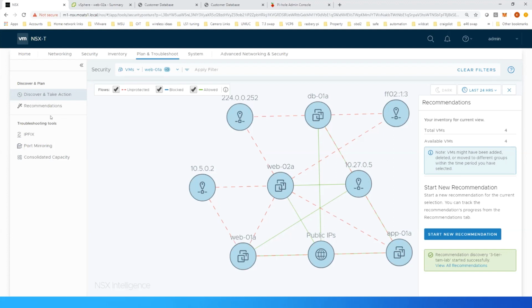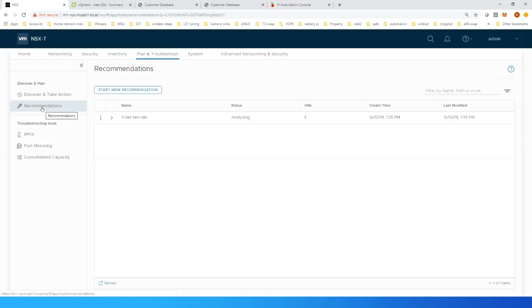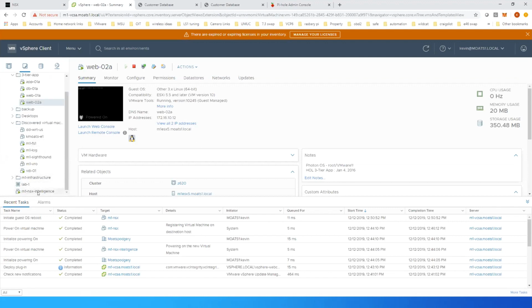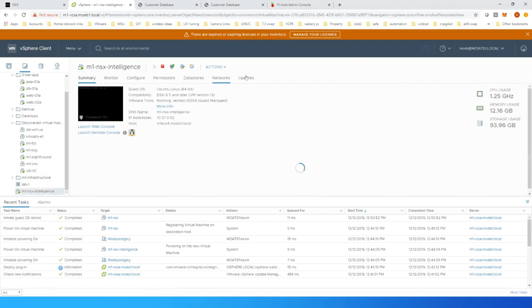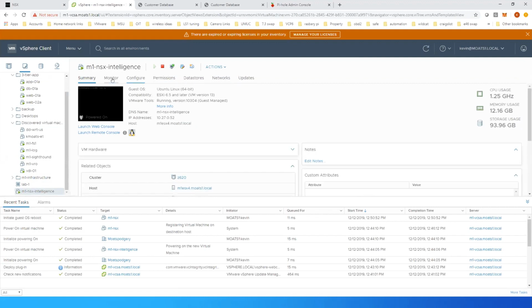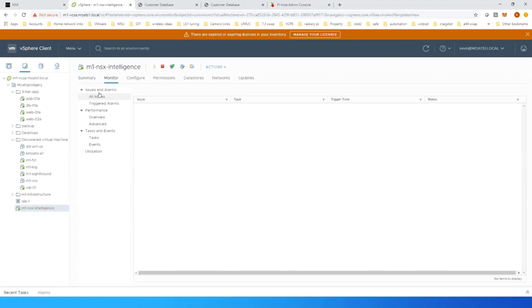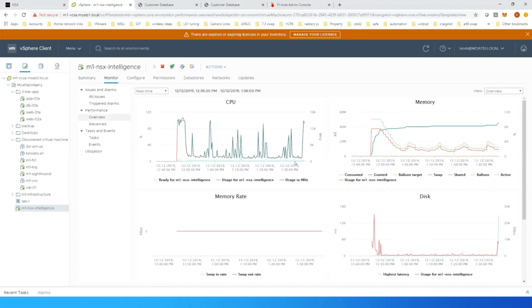So once you've done that, what it does is it places it over in this recommendations tab. So right here, I've got this 3-tier TAM Lab recommendation, and right now it says analyzing. And I'm willing to bet if we went over to this environment and found our NSX Intelligence machine and did a performance, go to monitor. Probably going to start seeing the CPU pick up. Yep. So right here we saw the CPU pick up, and it's going to chew on this for maybe,